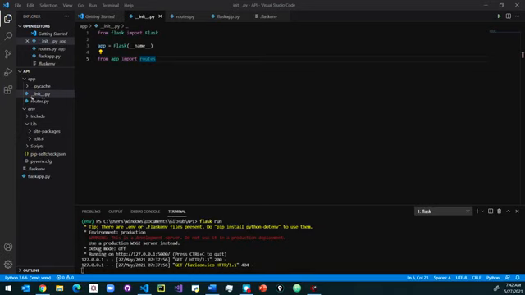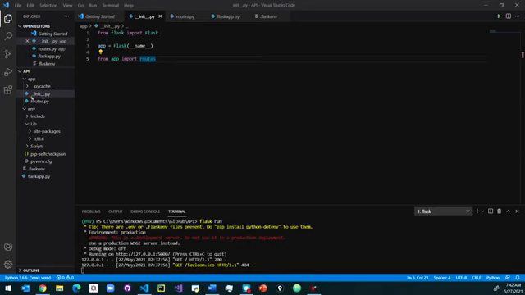For example, let's check our environment where we have kept all our packages. If I go into the environment, into the library, into site-packages, where we have kept all the packages we need for this API creation, you can see all these packages we have imported. Some are built-in packages like pip, but we externally imported Flask.